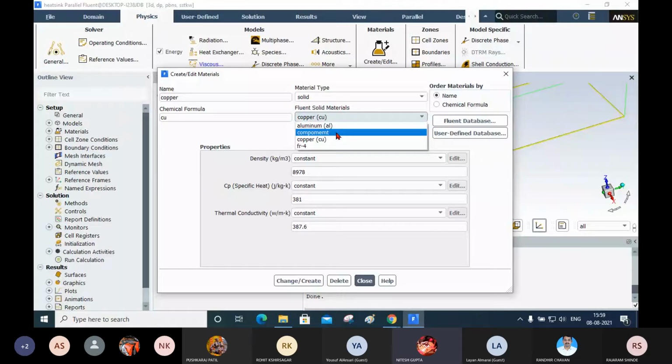Since I'm only asking that if I have done yes, then you have done the right, no. Yes, create. That means here no means the old material is as it is, and a new material is added in your Fluent database. That means a new material is added in your analysis. If you press the yes button, then the old material will be removed by the new material. Okay. Okay, sir.